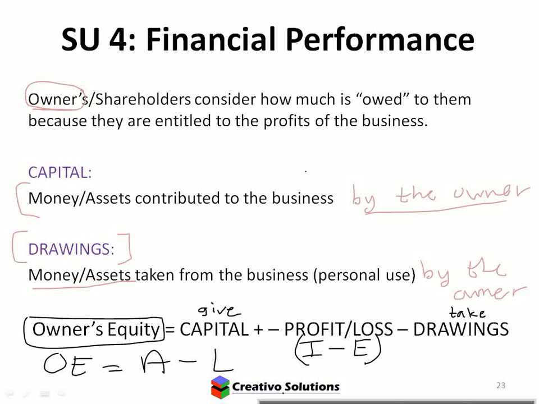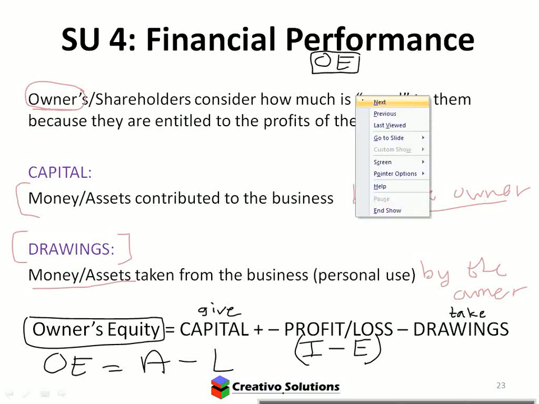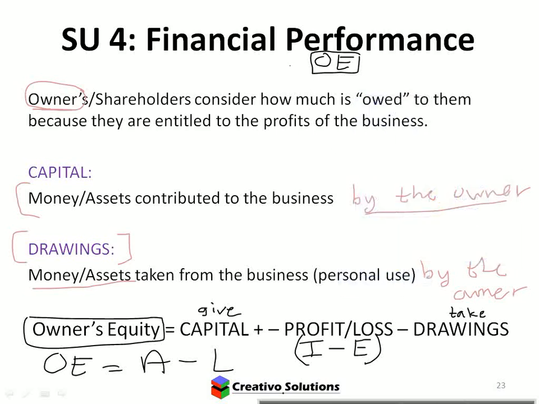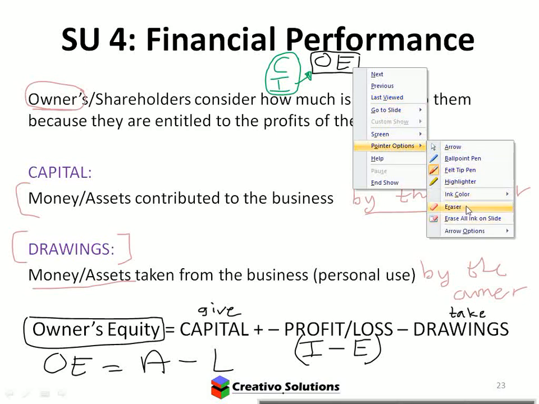So owner's equity comprises of how many different accounts? 4. Owner's equity is affected by capital and income. Let's look at those 2 together. Does capital and income affect owner's equity positively? Yes. If I give the business more, do I have more in the business? Yes. If the business makes more income, do I have more in the business? Yes. So that affects the owner's equity positively.